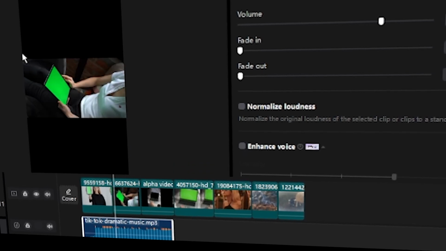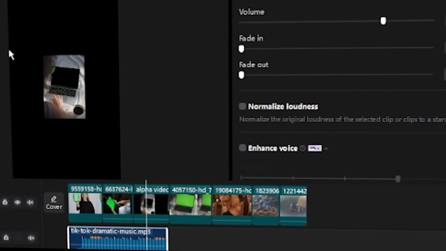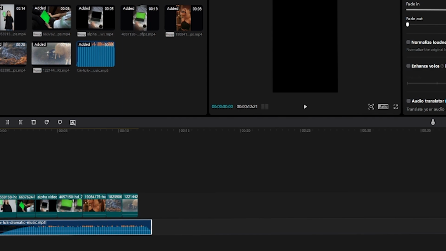This tutorial will show you how to fade in MP3 audio in CapCut PC online free video editing software completely